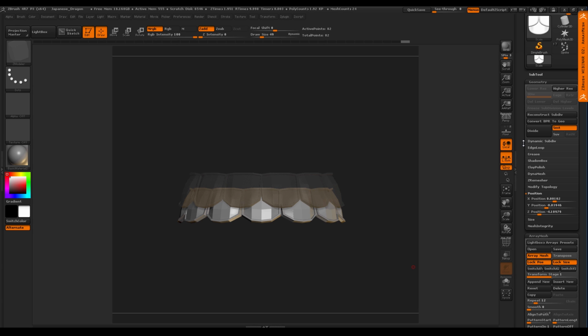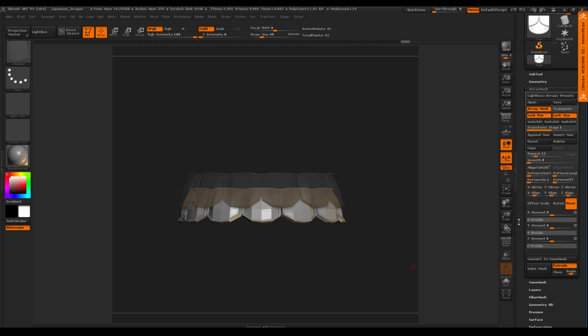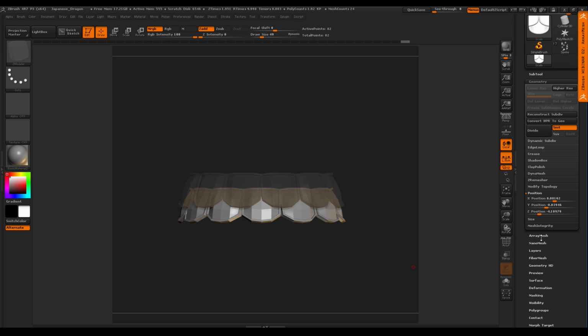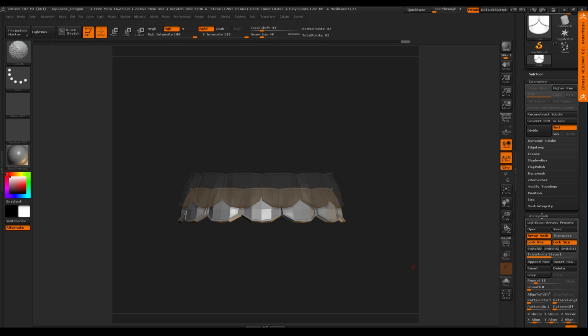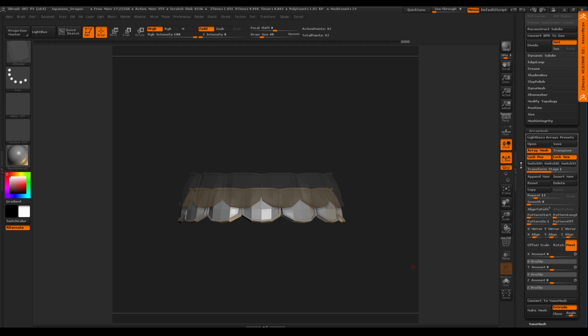And for those that don't know, I'm holding the shift key when I click on another subpalette. That's what we call these little guys right here, all these. So it keeps my array open. See, if I hold the shift key and click, right? Geometry opens and the array stays. If I just click geometry, see how our array mesh automatically closes? If you're like me, hey, I know I'm going to go back and forth between those two, I'm going to hold the shift key and tap, and then both stay open for me.